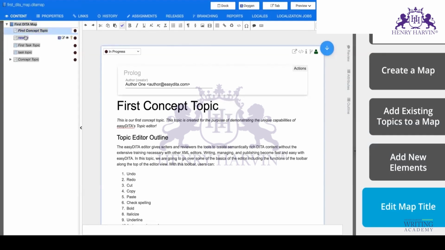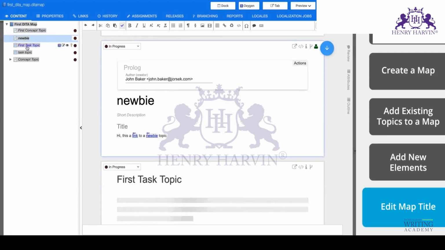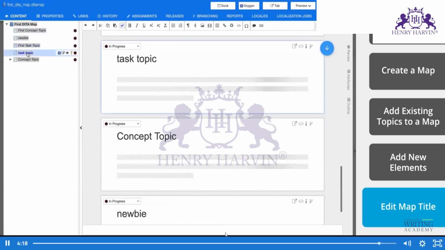So if you see on the right hand side, this is kind of a Word document, right? This is the editor of the topics. So once you create the hierarchy, it will automatically be in that form. I hope the concept is clear now. Yes, people? How to reuse content, how to review content, and how to publish content, such as the map that we've